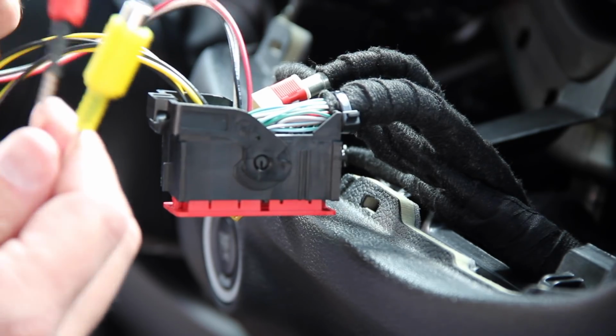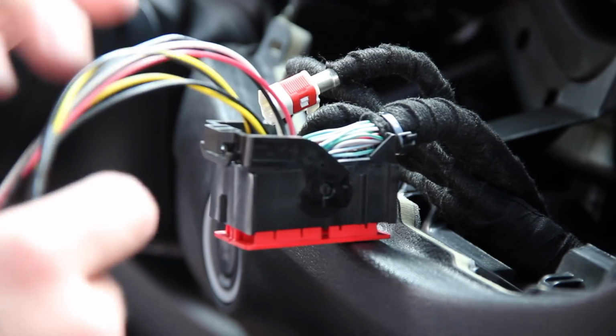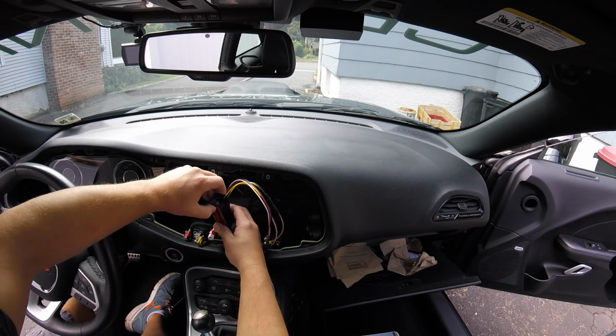And then we have the... I don't know what I'm going to plug the audio into. I'm just going to leave them hanging down the side over here for now. That's pretty easy. Alright, so now we're going to flip this over and we're going to push this connector back